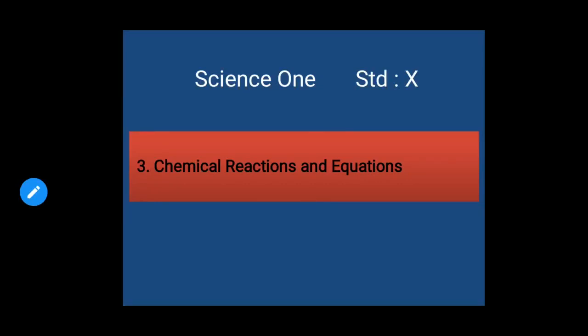In the last video we have learned redox reaction, that is oxidation reduction reaction. In this video we will see the effect of redox reaction in everyday life. We will study two phenomena under this. The first one is corrosion of metal and the second one is rancidity.